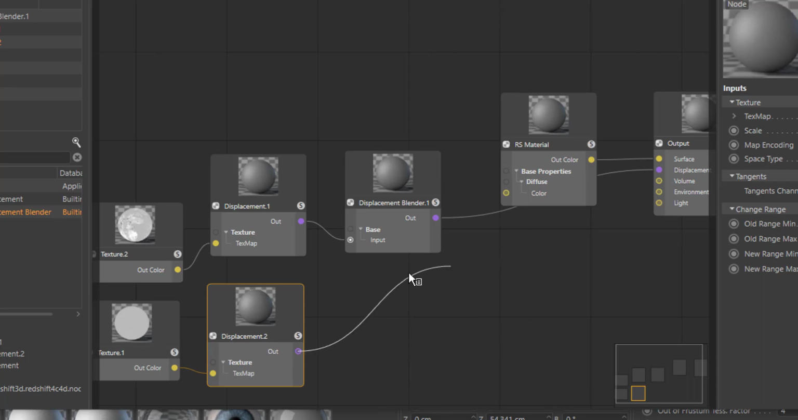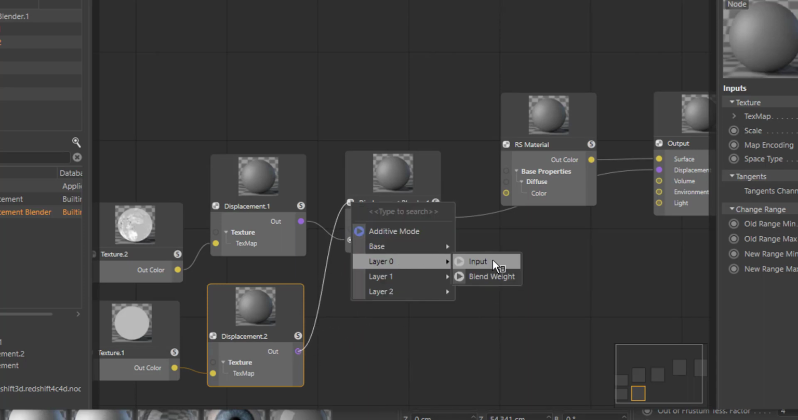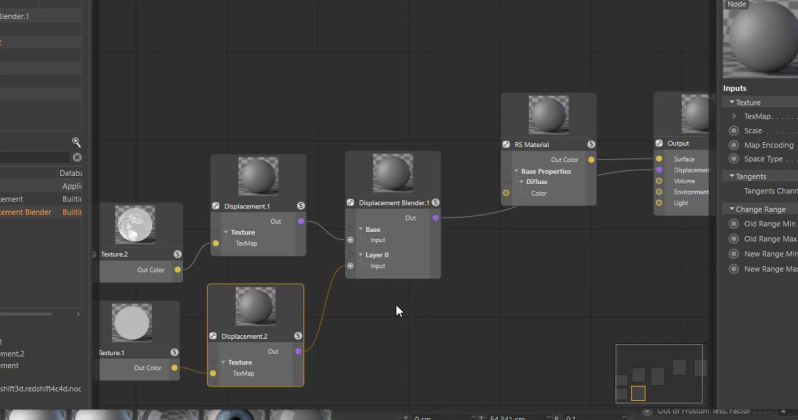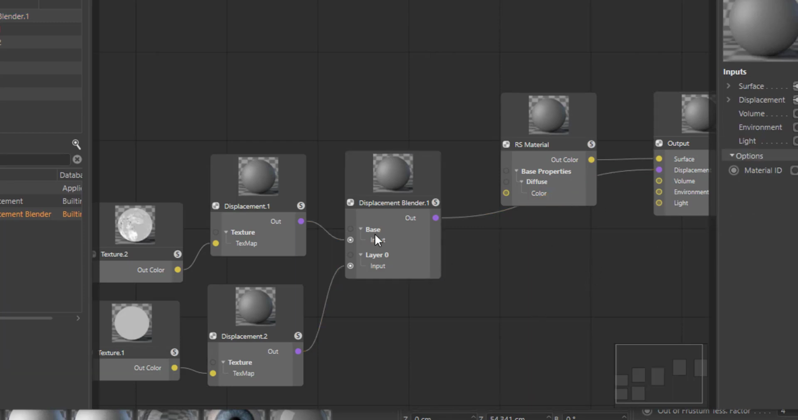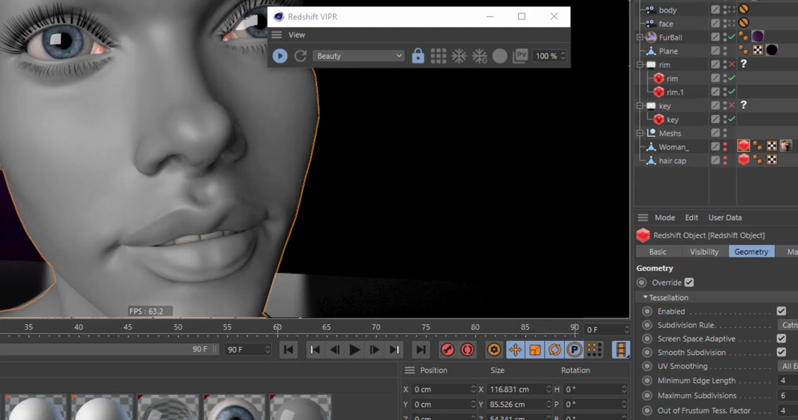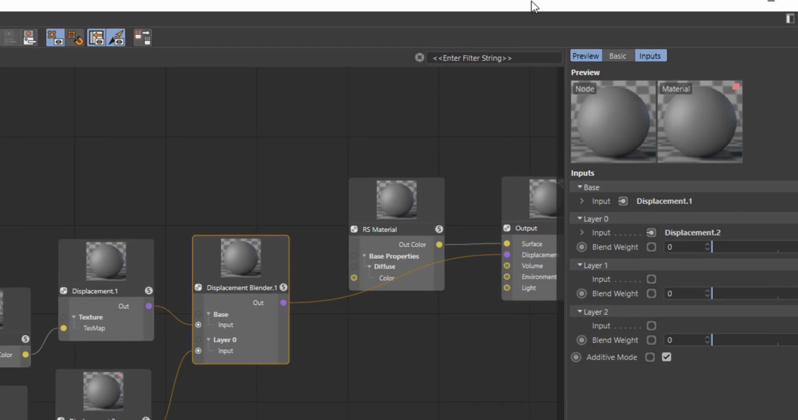Then we're going to plug this into our blender. We're going to go layer 1 or layer 0. Now we're going to go into the blender. We're going to have this set as an additive mode, which means it's going to add to the base level. And then what we're going to get is the detail to come through. And before we can even see that detail, just need to make sure that we've got the blend